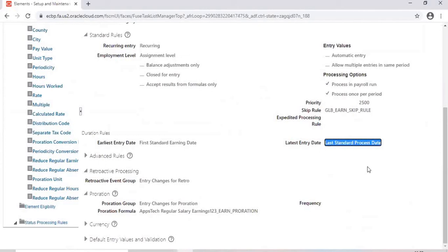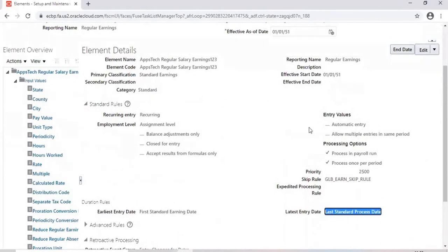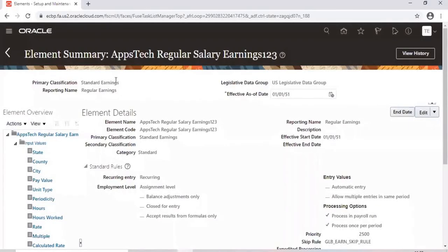No, but whether that is monthly or bi-weekly, we haven't defined that. See, an element is not monthly or bi-weekly. Whenever I attach this element to the employee, based on his payroll, this element will be automatically processed. If my payroll is bi-weekly, this element will be processed bi-weekly. If my payroll is monthly, this element will be processed monthly. So we attach the element and the payroll definition to the employee, and they work in tandem. Exactly. Okay. Thank you.